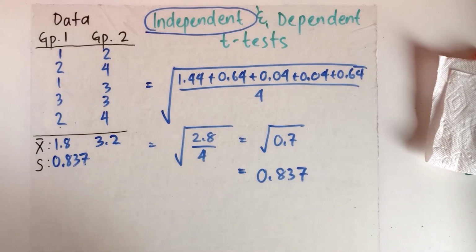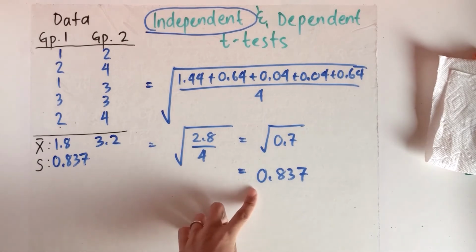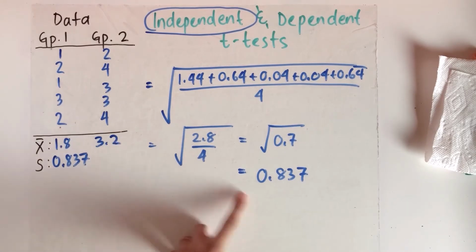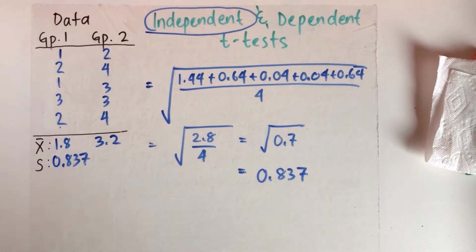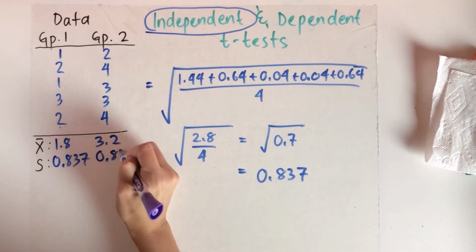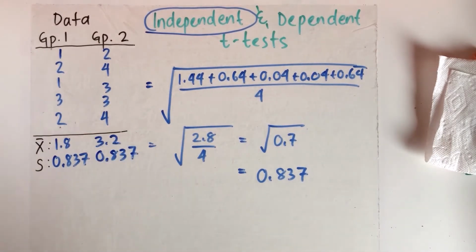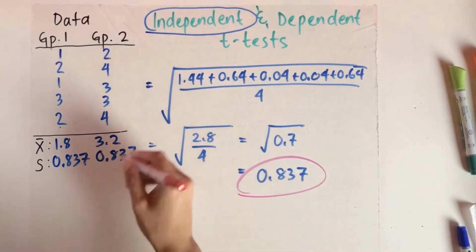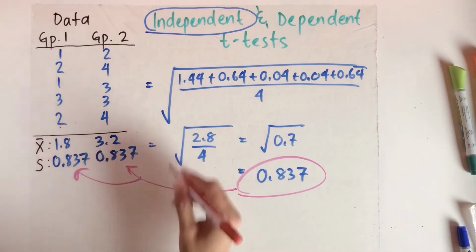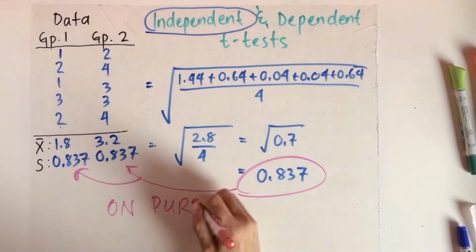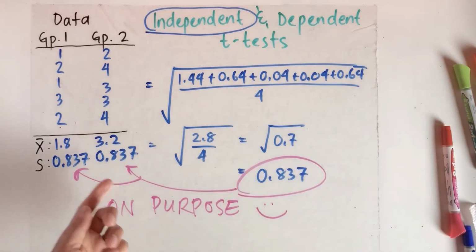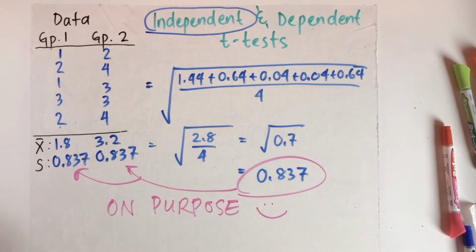Alrighty, welcome back to normal speed. As you can see here, when we computed the standard deviation for group 2, we got the same exact number as we did for group 1, and so we'll add that to our summary statistics. That does not need to happen. That happened because I did that on purpose, just to make a quick note. The idea is, of course, the standard deviations need not be equal, and very often they're not going to be.